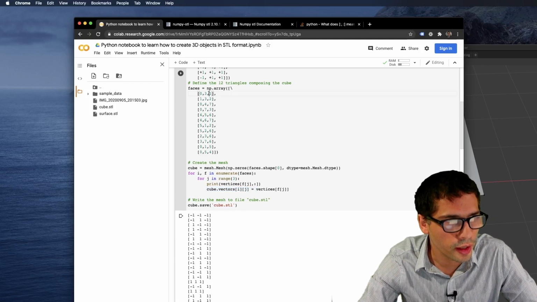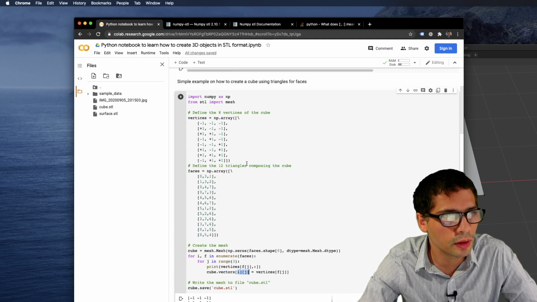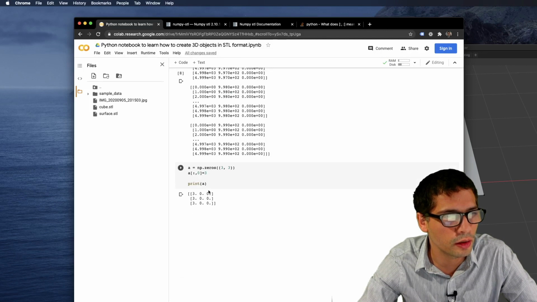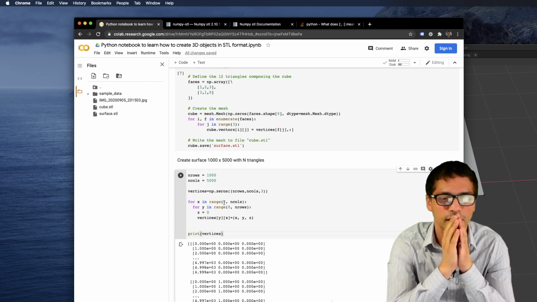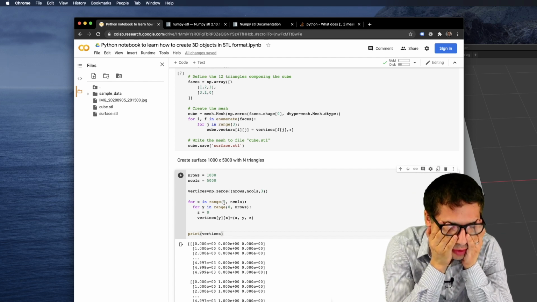So for each face, it basically picks up all the vertices and then adds it as a vector here. So it's just basically a replace function. So if I wanted to simplify my code below, I could just put all these vertices directly inside the vectors. That might be a good idea or not, but I still have to figure out some other things.